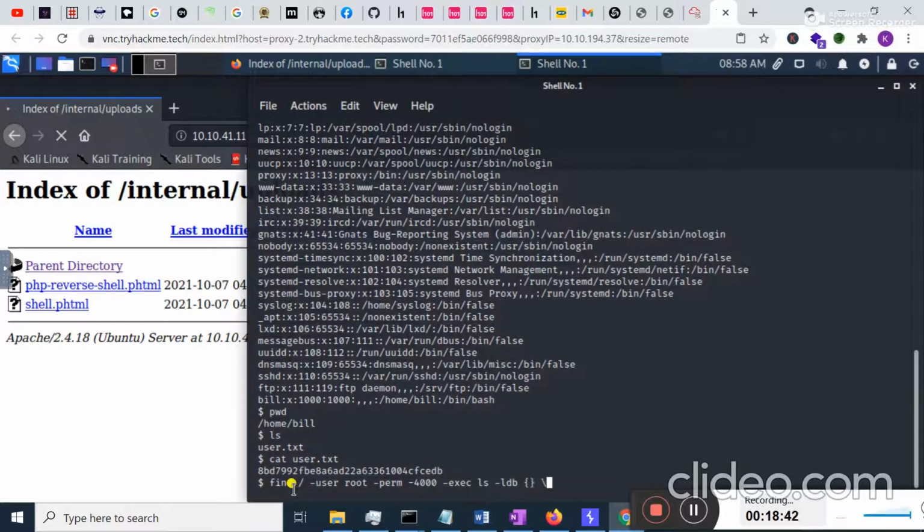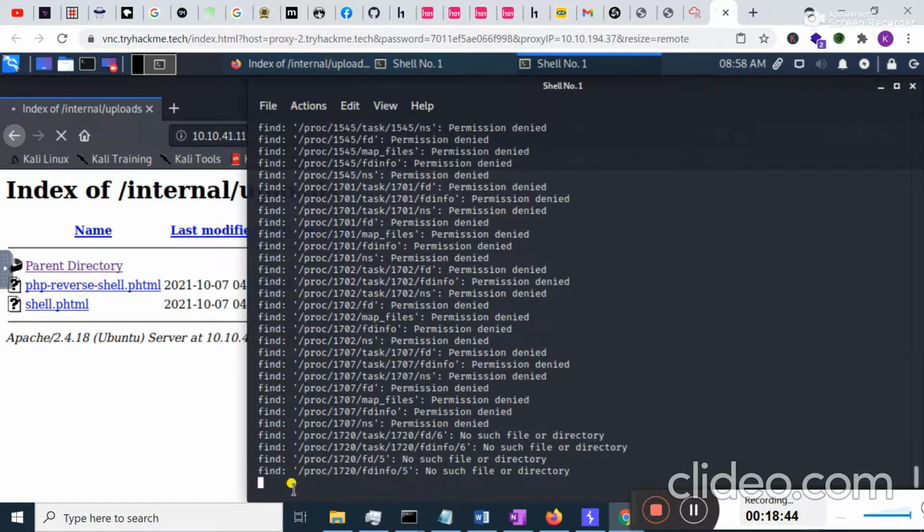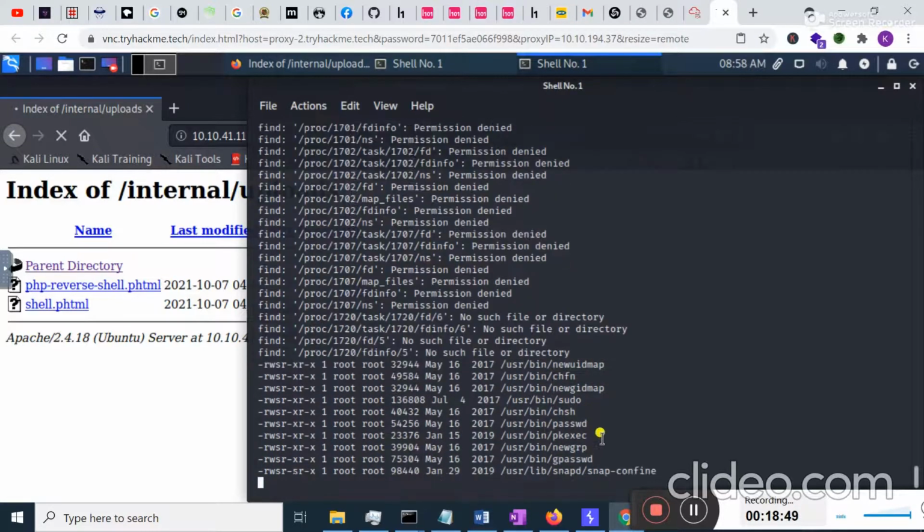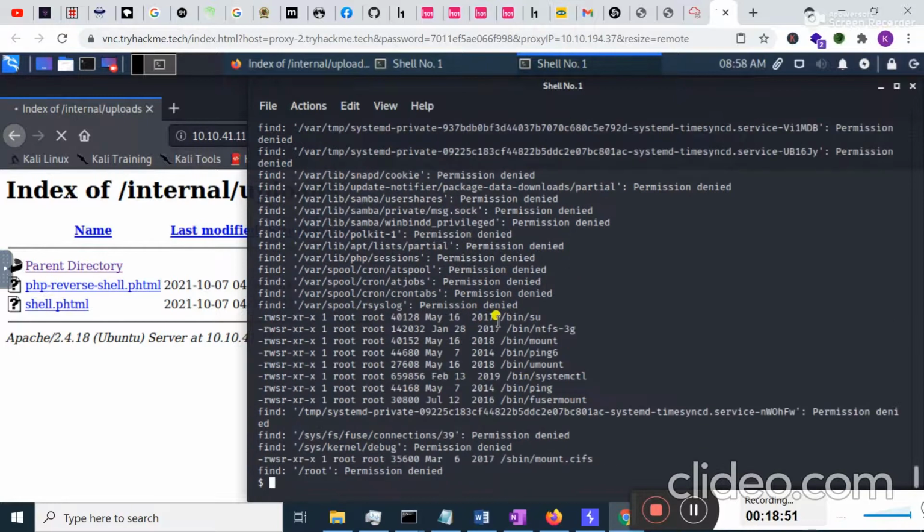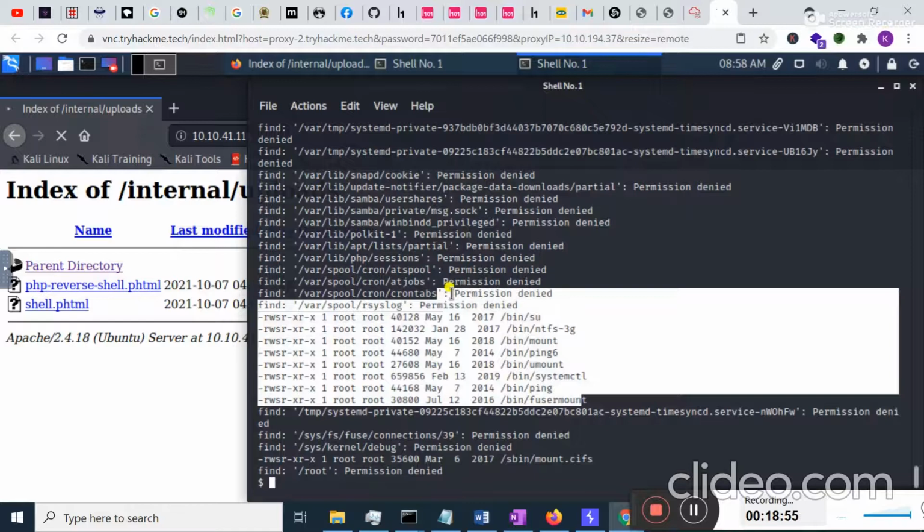Now hit enter, you can see it tries to display all the files which have SUID permission. A very long list is displayed to me.